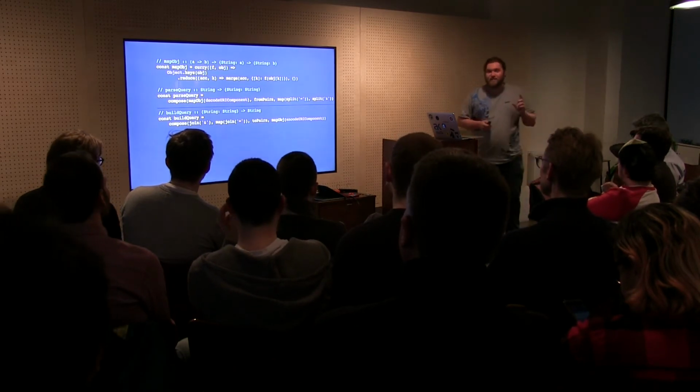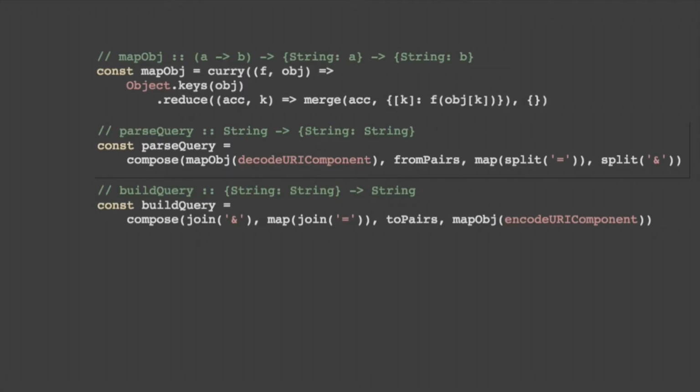We can also take all of this and invert it. If we start by mapping the object into encodeURIComponent, we did exactly the opposite of what we did before, because that's the inverse. The inverse of fromPairs is toPairs. Obviously, we get an object, and then we return a list of the key-value pairs. Then we can join, which does the same thing as a normal string join. We go through each pair and join them, and then we get a list of strings that are the key equals the value. And then finally, we just join the whole thing by ampersand, and we have a query for our URL.